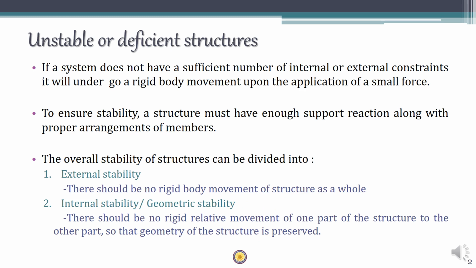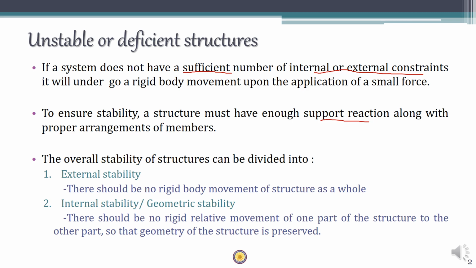So as the name suggests, a structure is said to be unstable if it undergoes a rigid body movement upon the application of a small amount of force. It means that the structure cannot stand by itself. This is mainly because of lack of a sufficient number of internal or external constraints. Constraints means restrictions or reactions. So in order to ensure stability, a structure must have enough support reactions as well as the